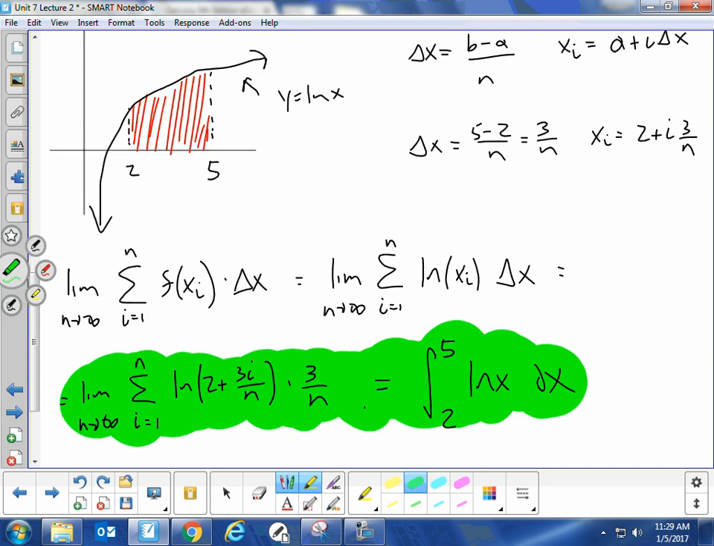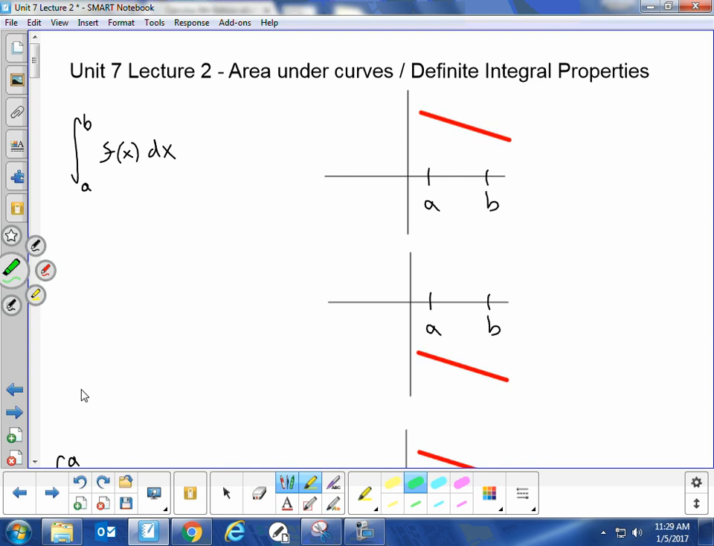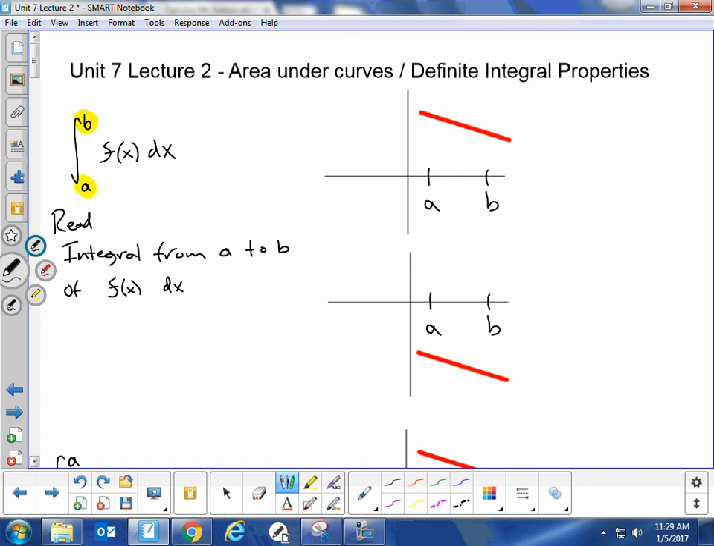Okay, moving on. We're going to talk about some properties of these integrals, these definite integrals, okay? And we're going to start out just making sure we understand how we read and say this, okay? This is read the integral from a to b of f of x dx. Okay, and we know this is an infinite sum of heights times widths, but it ends up being the exact area